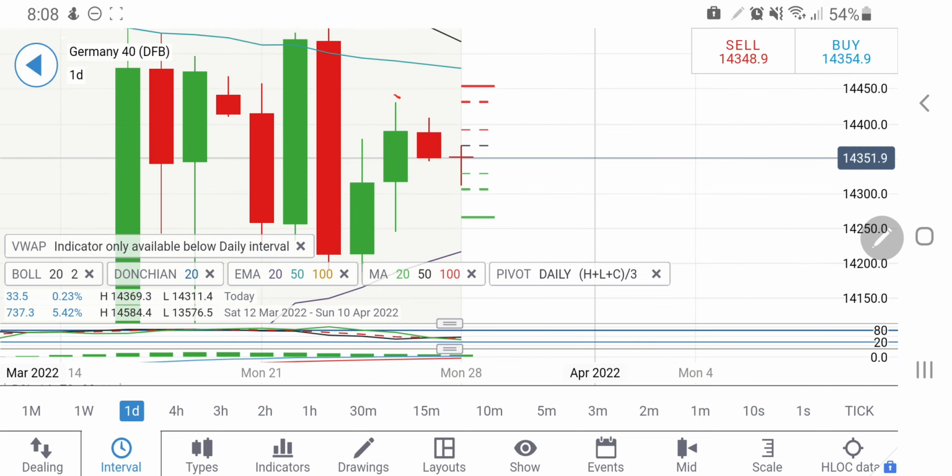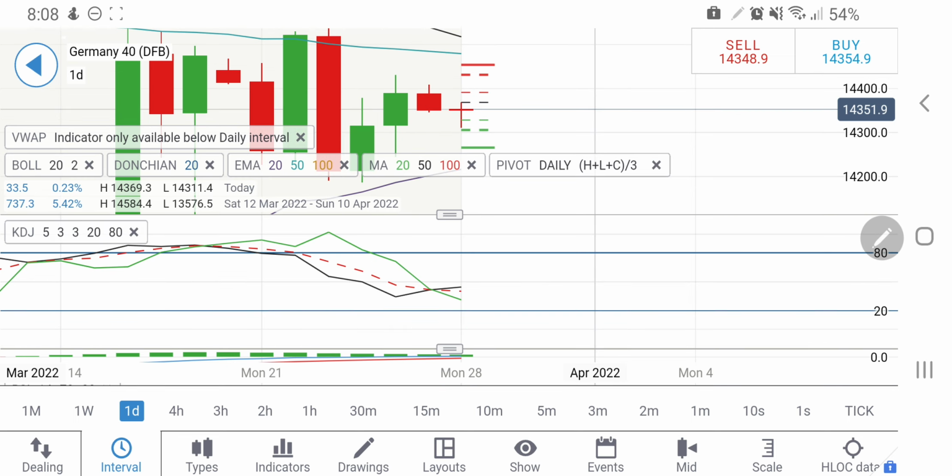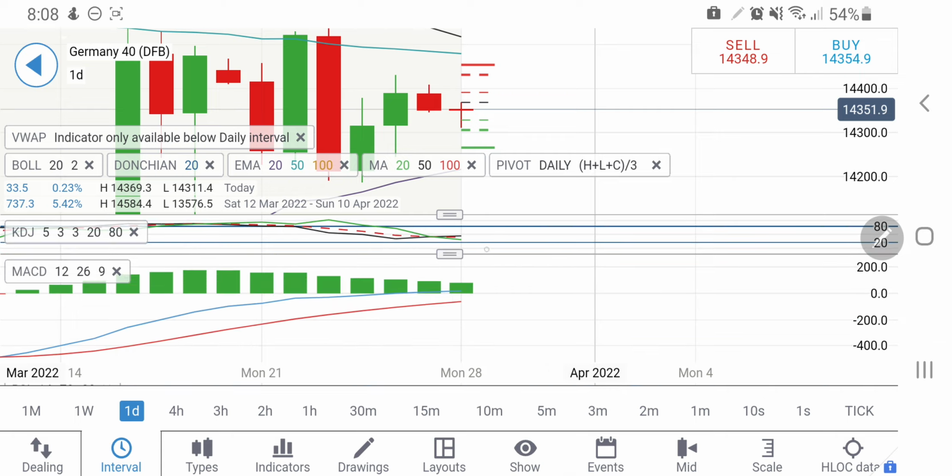Also look at the daily charts. There is a high at around 14400. So yes, you can take a short entry at 14400 also. It may try to achieve 14400 and then follow up with a drop. A possible swing between 14300 to 14450 can be expected. Any drop below 14300, one can remain short on Germany 40. It is trading at a comfort zone, not indicative of any rise or drop on the stochastic. MACD is running parallel, still on the buy side.